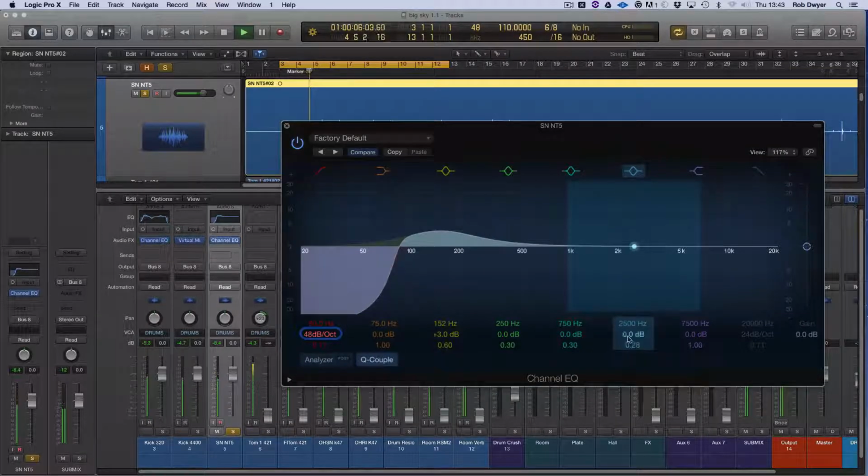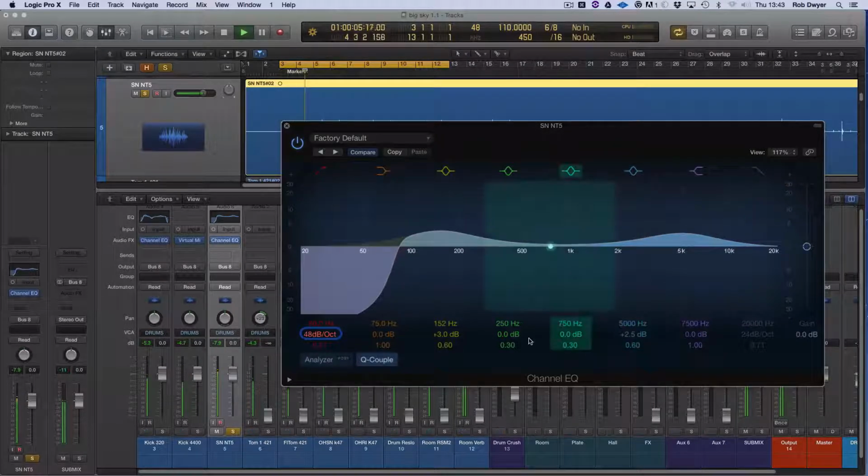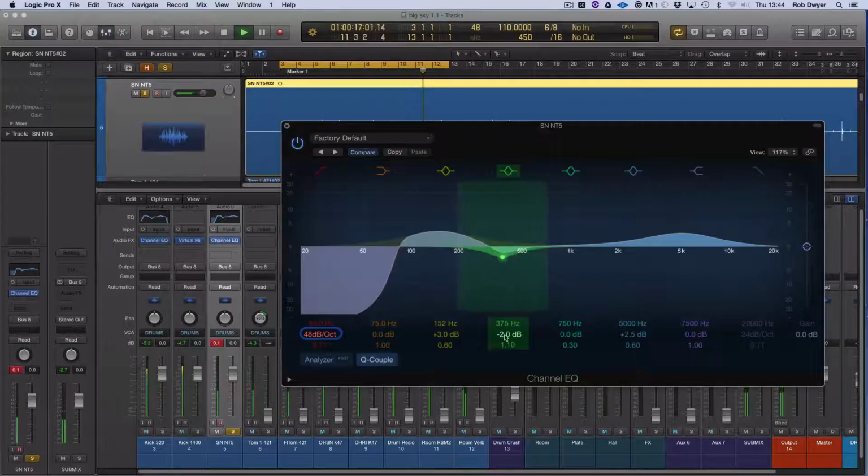So I'm just going to narrow that. I'm going to find the snap. There's also a mask in there, so let's find that. So if I bypass it,